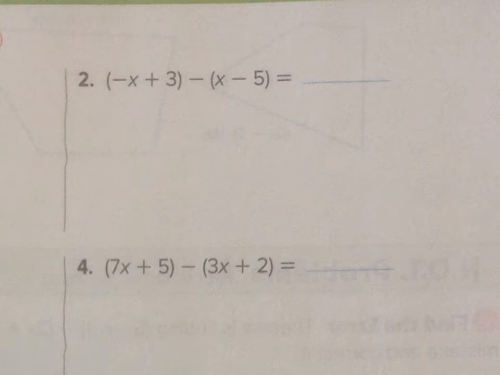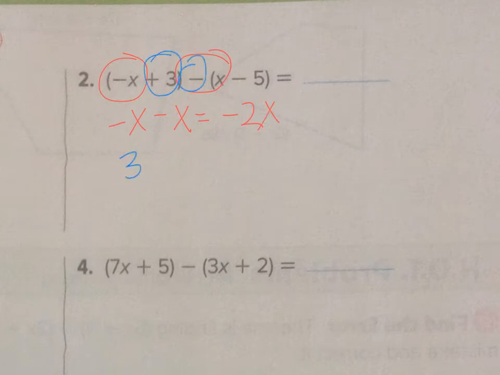Again, for number 2, I'm going to combine the like terms right away. So I'm going to combine a minus x and another minus x. So minus x, or negative x minus x, is a negative 2x. And then when I combine a positive 3 and a minus negative 5,